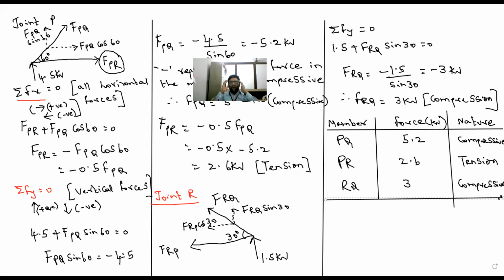So now you see how simple it is. We are solving a truss problem just by sigma Fx equal to 0 and sigma Fy equal to 0. That's it, right? We are not going to bring anything out of the concept. Sigma Fx 0, sigma Fy 0, over. We get the forces in all the members. Now let us move on to a very interesting second problem.